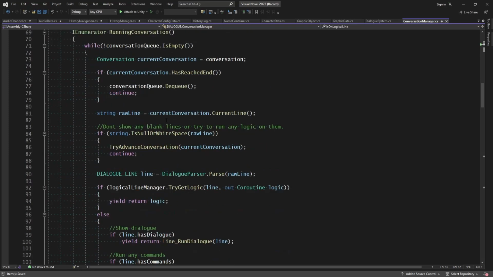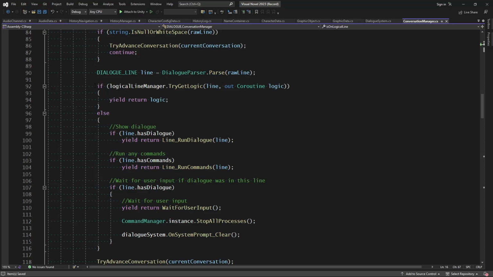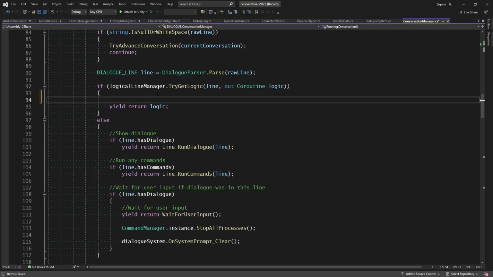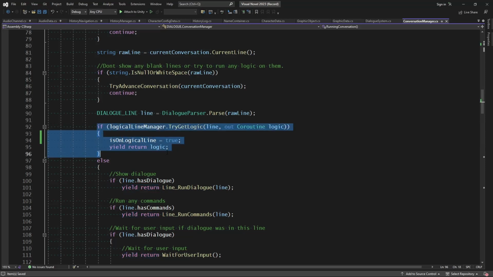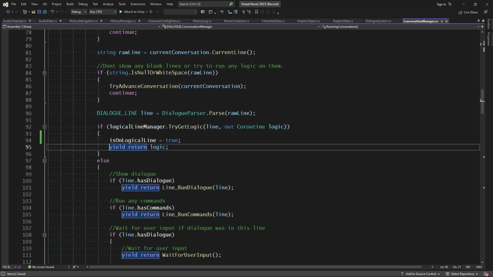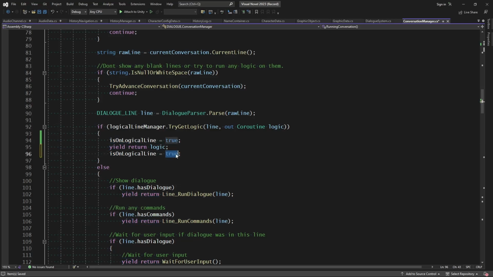Now, when we come down to running conversation, we have this point where we are checking to see if we are running a logical line. If we are, then we yield return the logic and just wait for that to complete. Now, what I will do is I will go ahead and say is on logical line equals true. And when it finishes, we could go ahead and say that is on logical line equals false. However, in the event that maybe this gets terminated prematurely, and we don't actually finish the logic, but we cut it off, then we might not actually reset this. So although we could put is on logical line equals false right here,